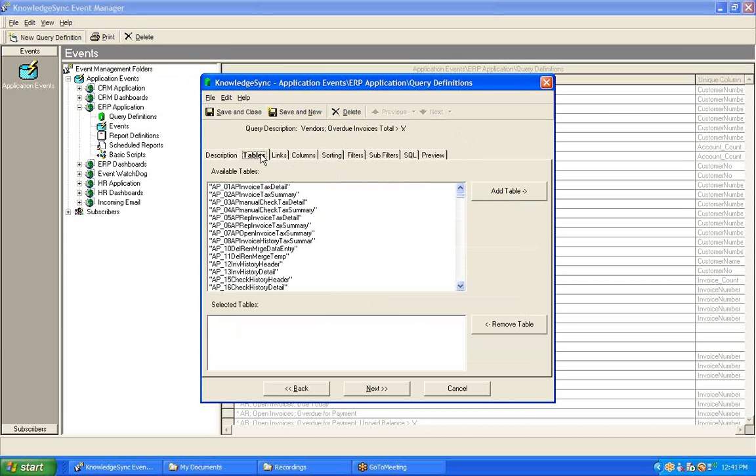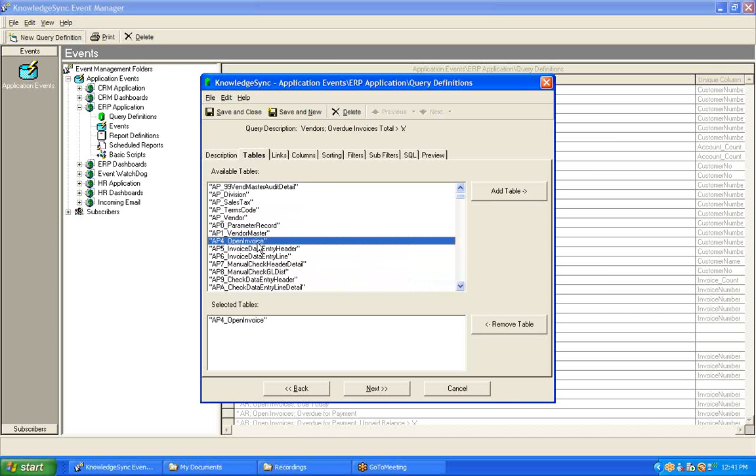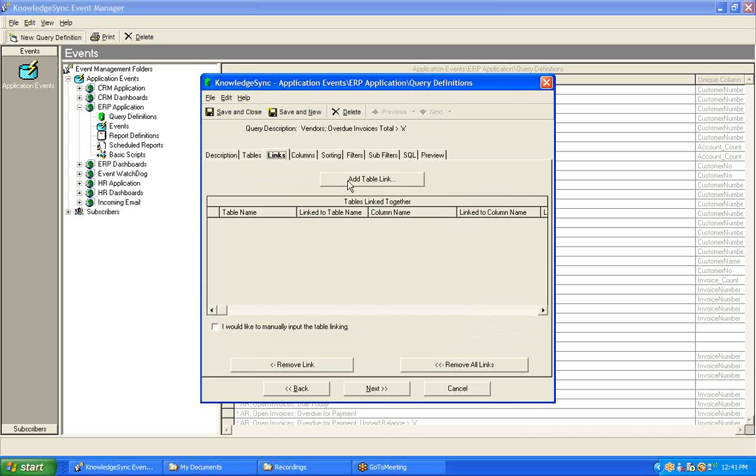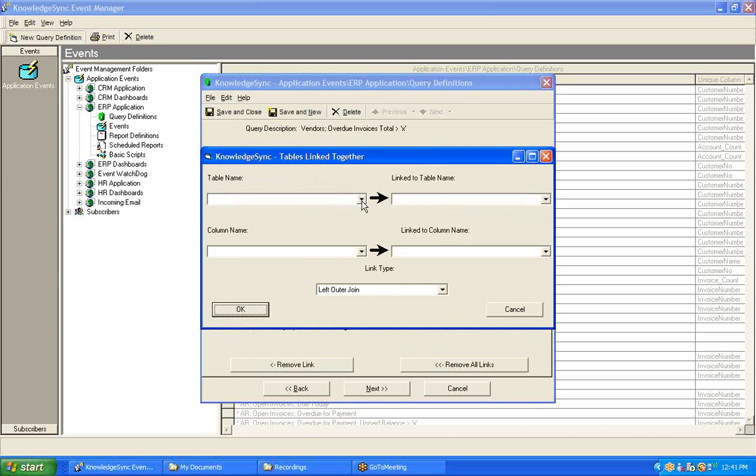Now, we begin, like any other query, by choosing the tables that we want this query to retrieve data from. I happen to know that my AP invoices are stored in a table called Open Invoice, and the details of my vendors are stored in a table called Vendor Master. So I'll choose those 2 tables and proceed with the next step, which is to link those tables together. Starting off with the primary table, which is the Open Invoice table, linked to my Vendor Master and linked using